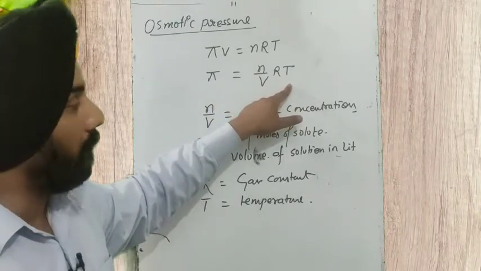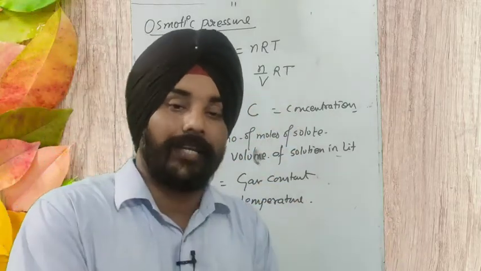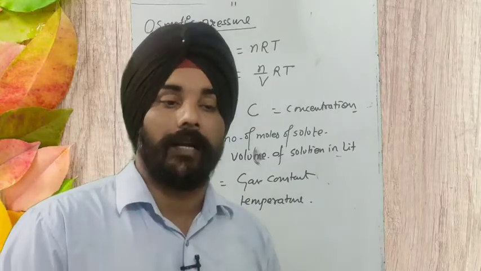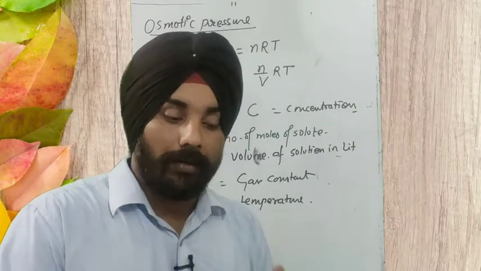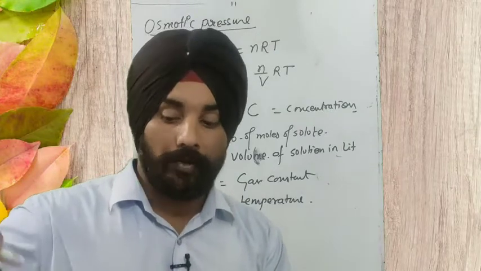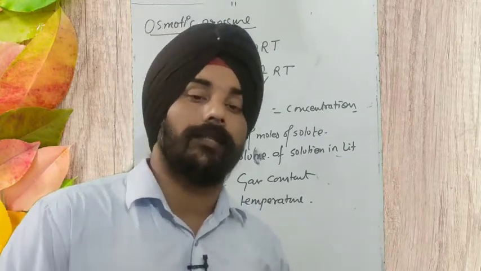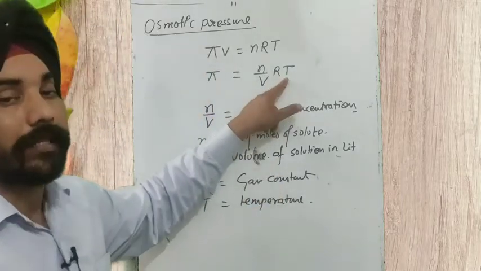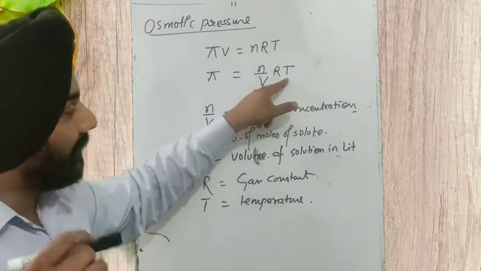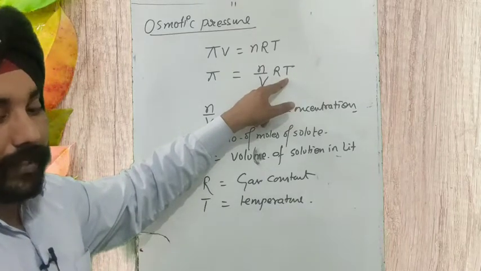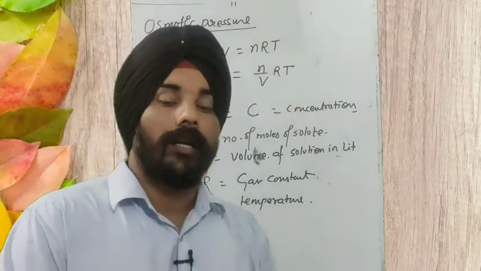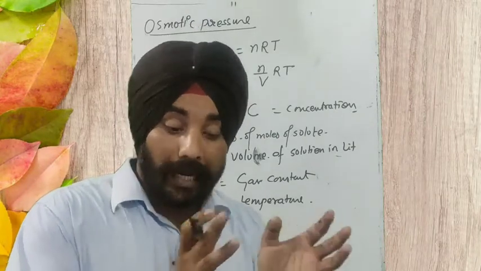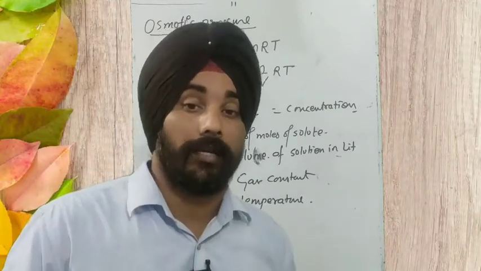When the temperature is constant, the external pressure exerted on the solution of higher concentration, which stops further osmosis, which stops the movement of solvent molecules from the lower concentration to the higher concentration, is called osmotic pressure. So the temperature must be constant, and this is the quantity due to which we use osmotic pressure to measure the molecular mass of biomolecules, the large molecules, polymeric molecules.